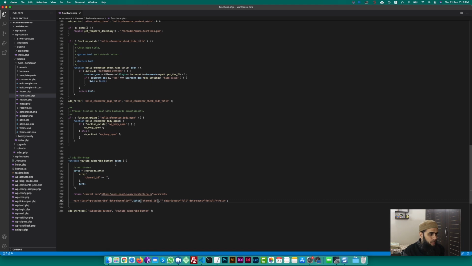Okay, now as this is a theme's functions file, if you are going to change that theme in the future, you have to copy and paste this code to the new functions.php. So the third way is to add this shortcode in the plugin file. For this we are going to create a very simple plugin here. I'm just showing you how to create a simple plugin. You can then play with that plugin. You can add your coding also.